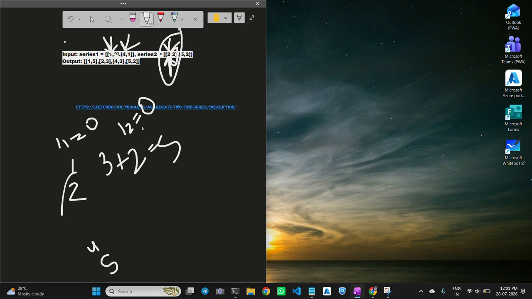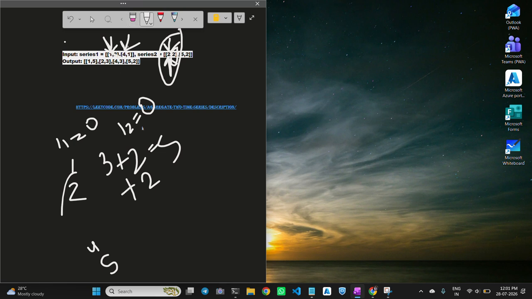Now I will again compare both of these. Since the timestamp is different, I will check which is the minimum timestamp. Here, 2 is the minimum timestamp. So just take the associated value first and the value at which you are in the other array.